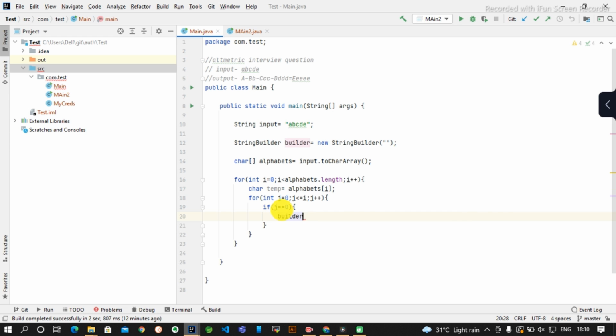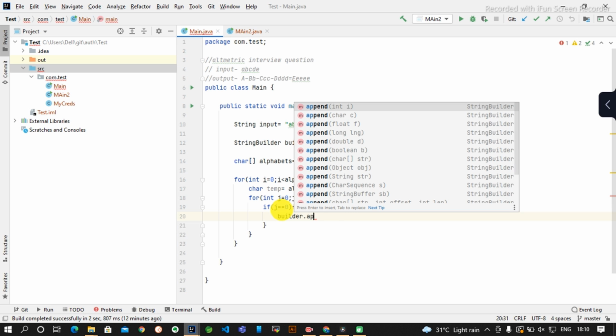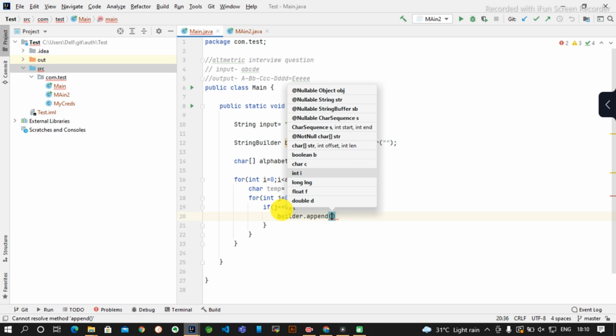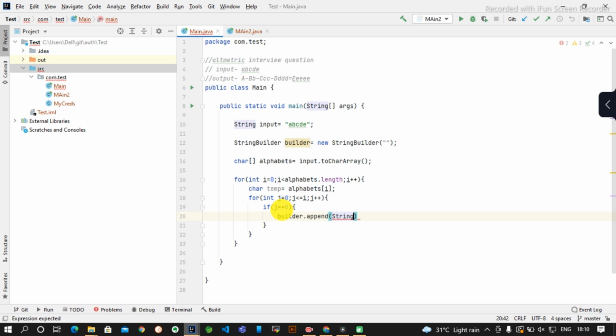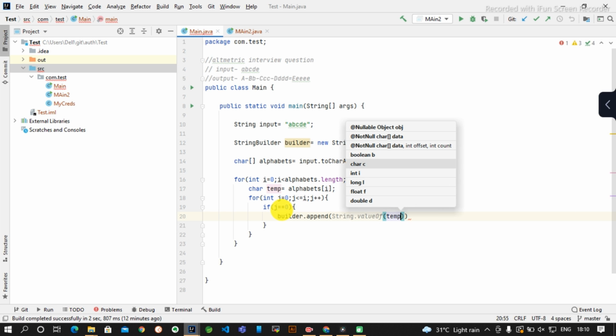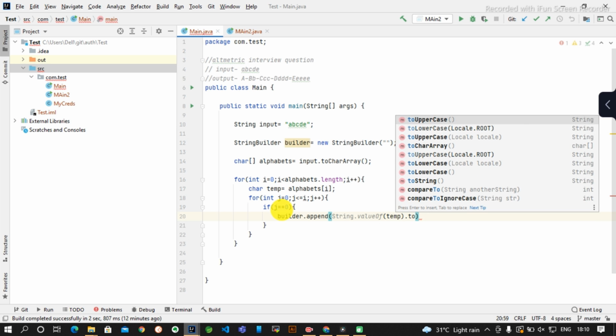Builder dot append String dot valueOf temp, because since it is a character, we need to make it a string, then toUpperCase.